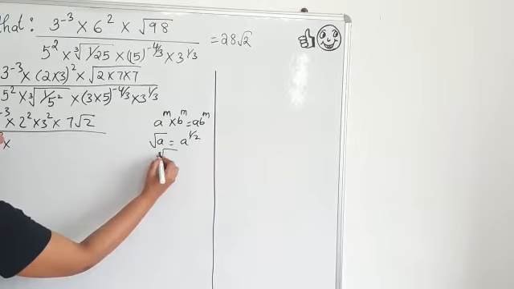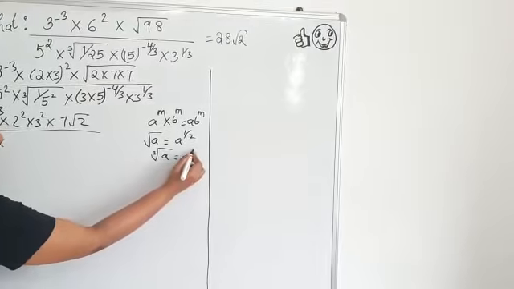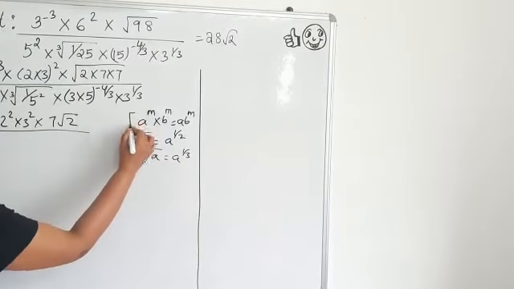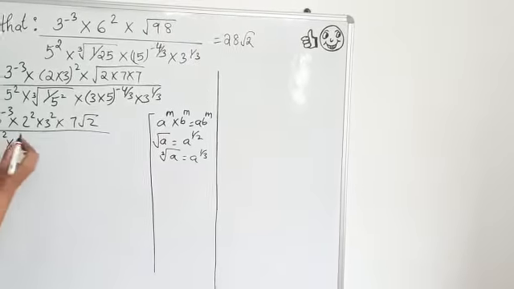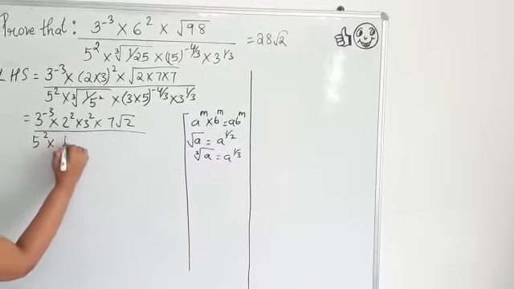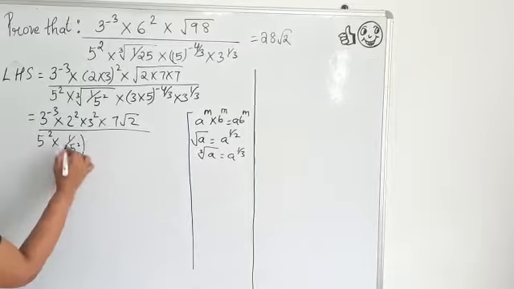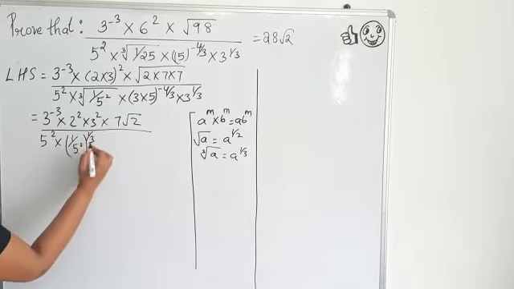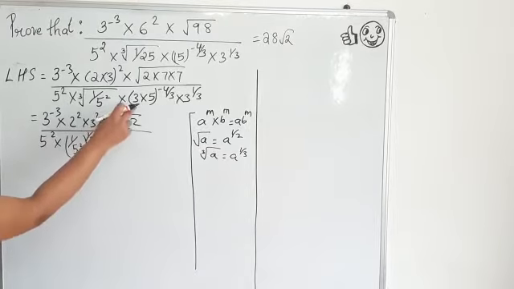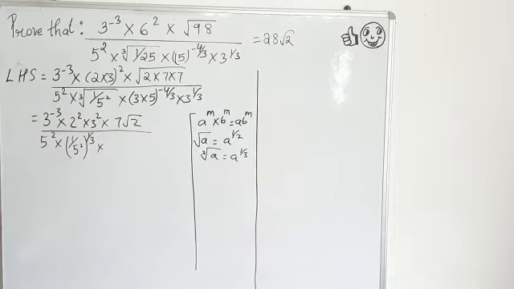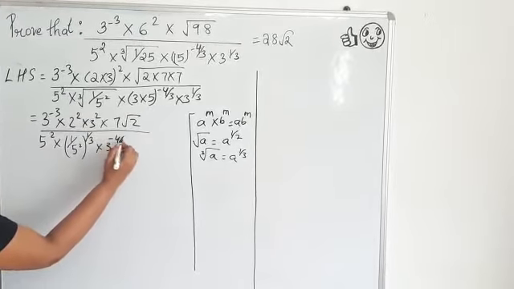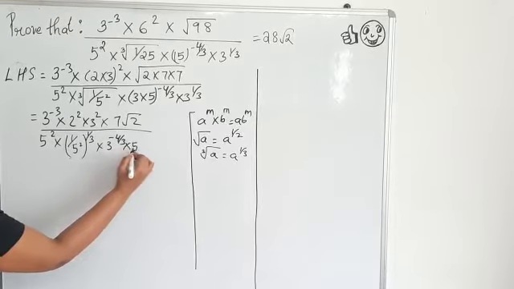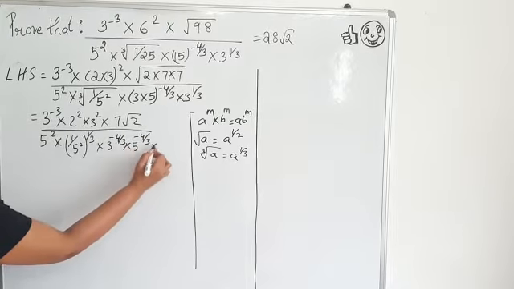If I take cube root of a, it can be written as a power 1 by 3. So cube root of 1 by 5 square can be written as 1 by 5 square power of 1 by 3, multiplied by, the same way we will open 15 as 3 into 5 also. So this will become 3 power minus 4 by 3 into 5 power minus 4 by 3 into 3 power